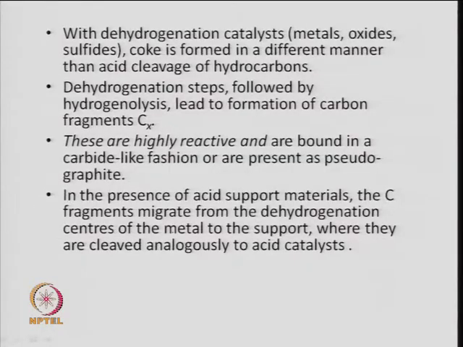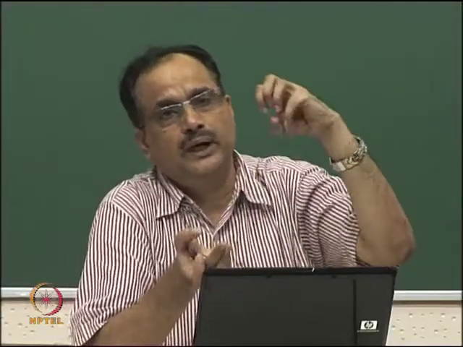right. So, for this case dehydrogenation catalyst, where metals or oxides are used as a catalyst, the coke is formed in a different mechanism. So, mechanism of coke formation is very complex, and this varies on the type of metal and the type of feedstock. So, the coke is formed in a different manner compared to the acid cleavage of hydrocarbon. Generally, it is assumed that during cracking reaction the hydrocarbon adsorbs on the surface and then it dehydrogenates basically. So, basically it is a cleavage of carbon carbon bond, it is a kind of scission,